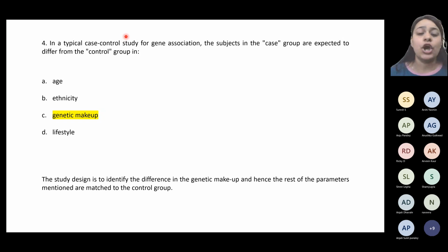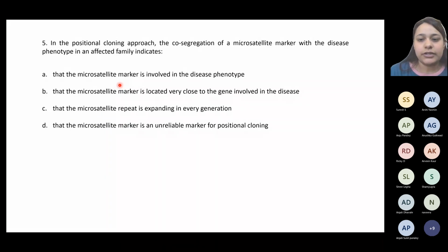So why is this done? So that all other parameters are kept constant, so that whatever variation is being observed, we know is because of their genetic makeup, right? There is some difference in their genetic makeup, due to which one group is affected and the other is not. Okay, so moving forward with our fifth question, which says, in the positional cloning approach, the co-segregation of